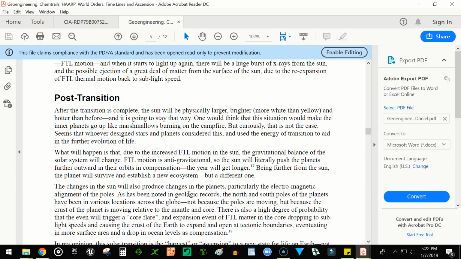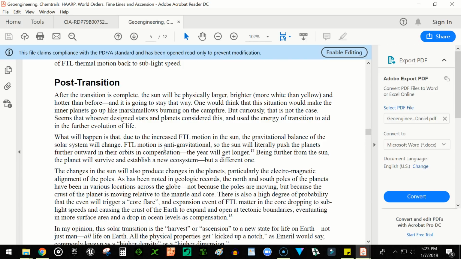Okay, post-transition. After the transition is complete, the sun will be physically larger, brighter, more white than yellow, and hotter than before. And it's going to stay that way. One would think this situation would make the inner planets go up like marshmallows burning on the campfire. But curiously, that is not the case. It seems that whoever designed stars and planets considered this and used the energy of transition to aid in the